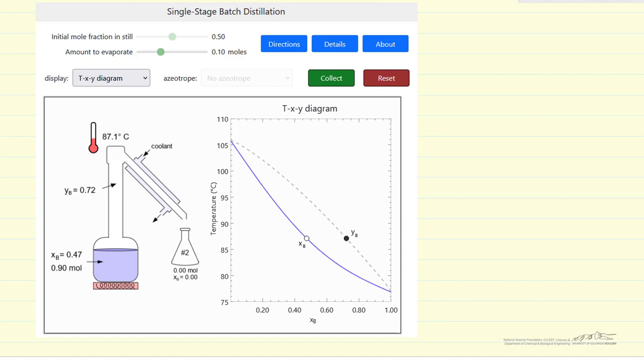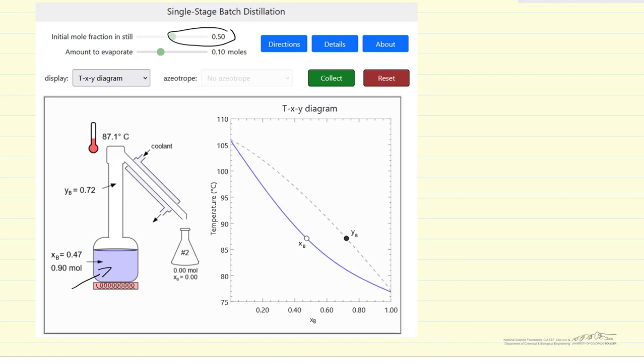So we start with a liquid and a still. The initial mole fraction in this case is 0.5, and this is the mole fraction of the more volatile component. And then each distillate flask that we collect contains 0.1 moles, for the disposition of the slider. What the simulation does is show how the composition changes as we collect additional flasks, and then that's also displayed